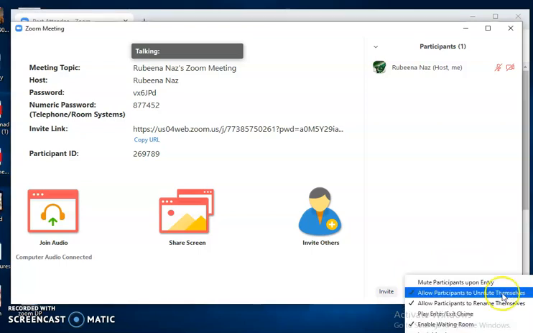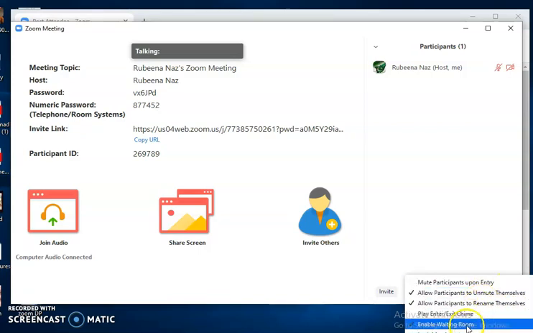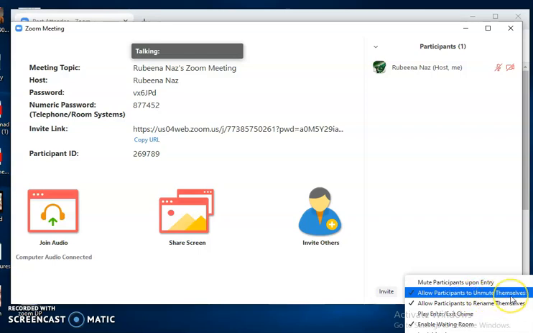Now you can see over here a few more functions to use: mute participants upon entry, so as participants are invited and enter, they will be muted. Allow participants to unmute themselves.